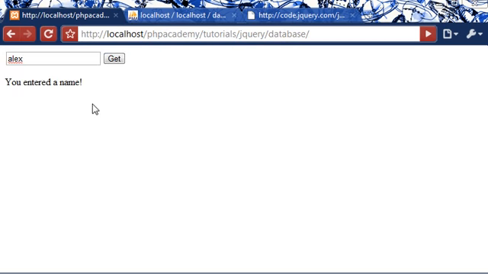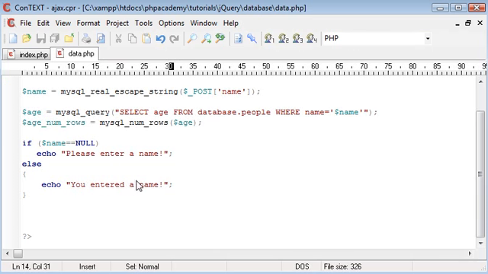I'm going to click get, and it says you entered a name. Then I'm going to type Kyle, click get, and it stated that you entered a name. If I don't enter a name, it says please enter a name. So we've got this check